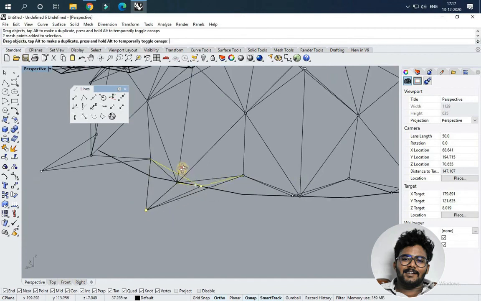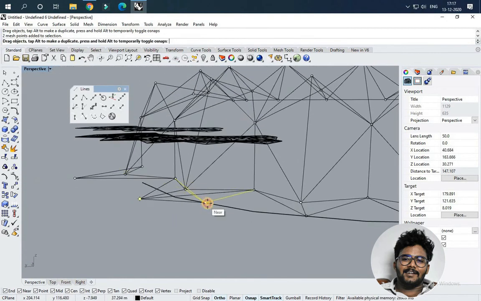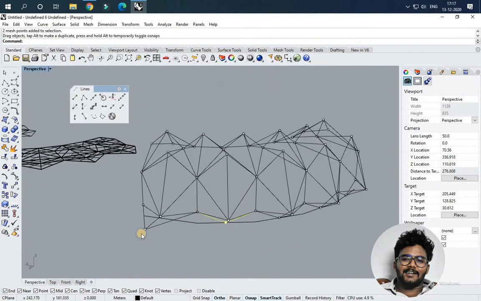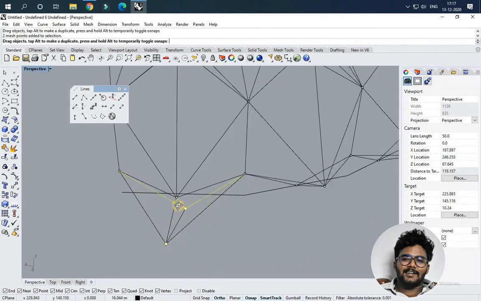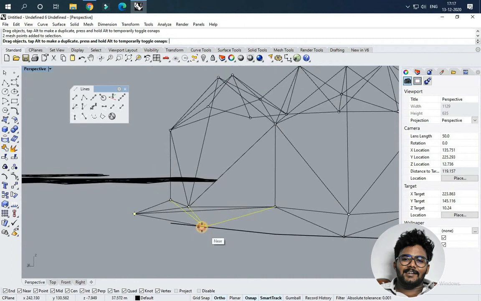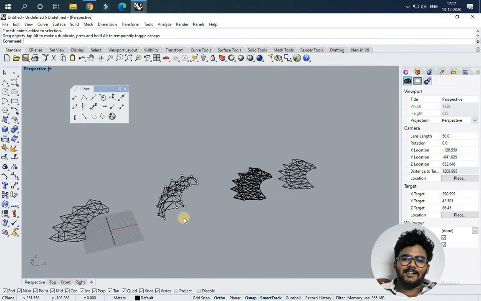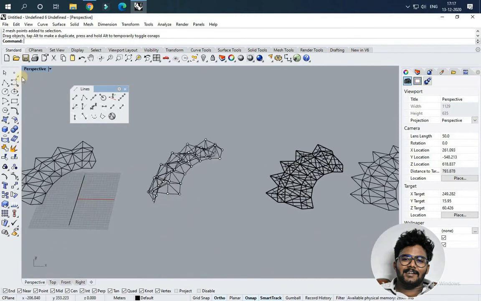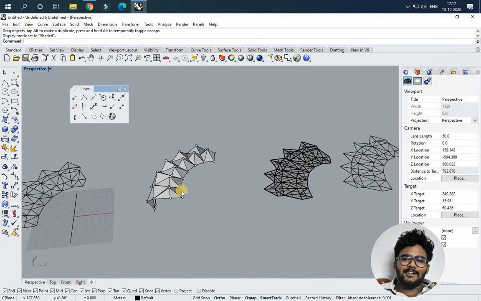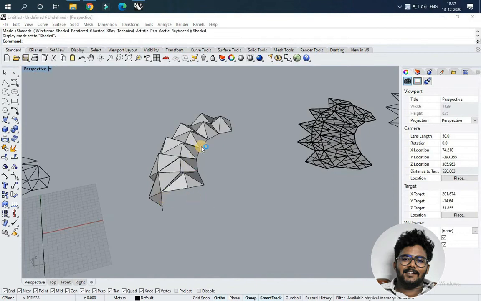So I'm just doing this again. I'm just placing it at the perpendicular. So when I keep it in shaded mode, you can see the shade which I need.